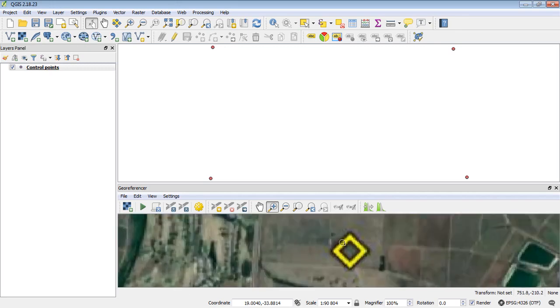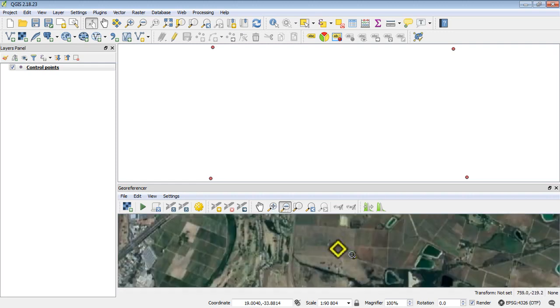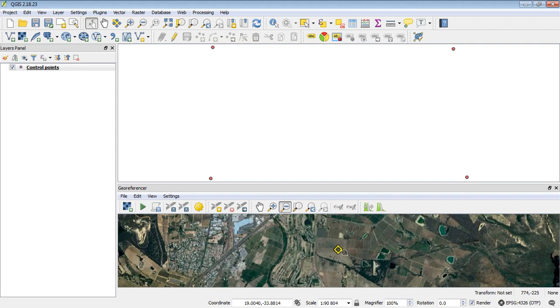Now, the reason I chose the different icon is because I know with this little square that the center of this icon is going to be there, whereas if I'd left it with the default placemark, it's got that little pin. I don't actually know where the center of that particular icon is, so that's why I've changed it to a square. So we can just zoom out for now, and we're going to make our lives easier by